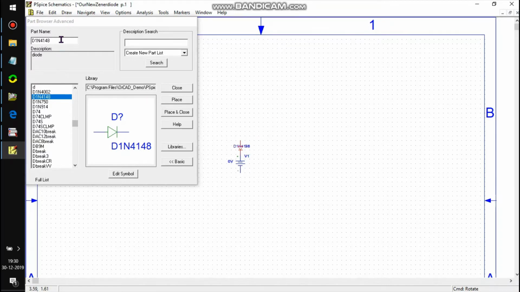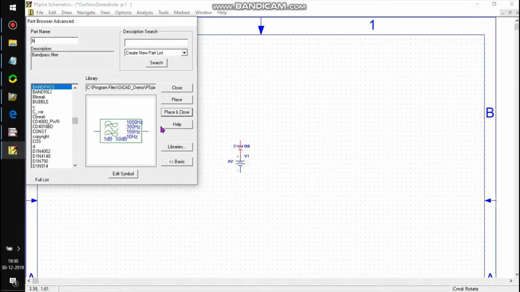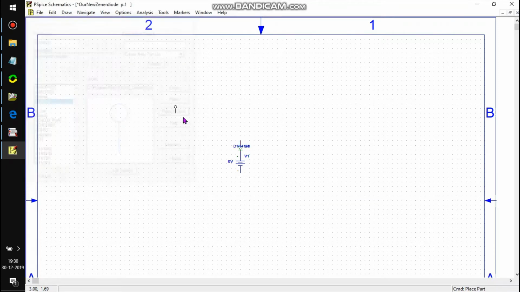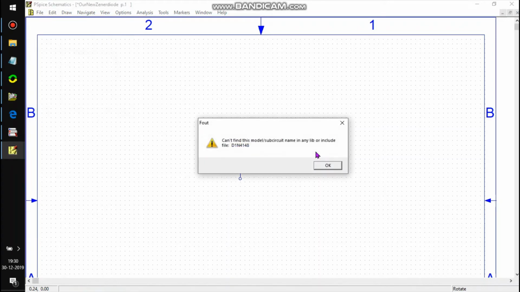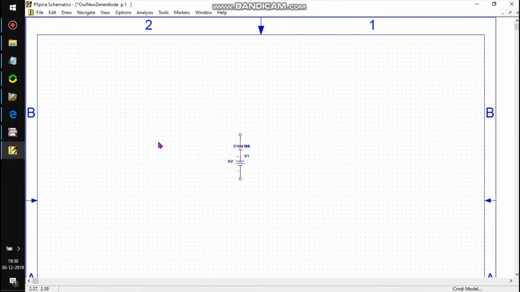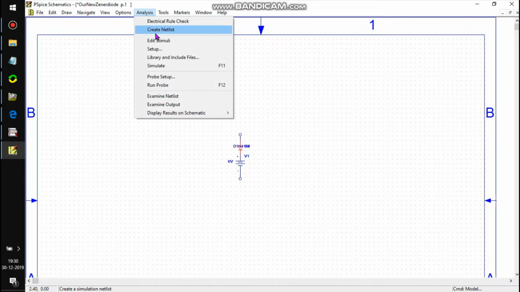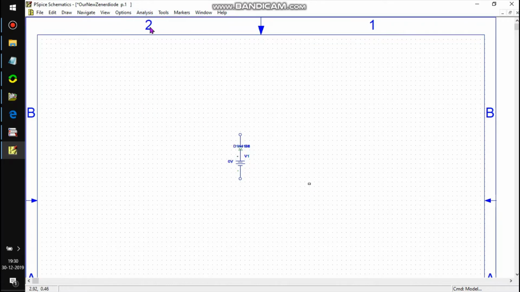But we need connections to the outside world, which are bubbles. And scientists have discovered that we need to add our library for this diode. So let's search for it.